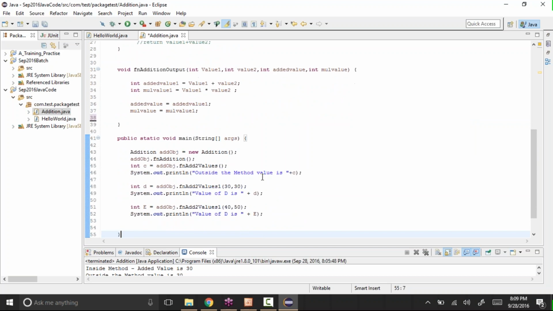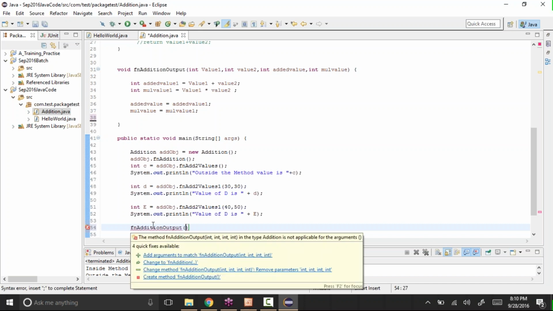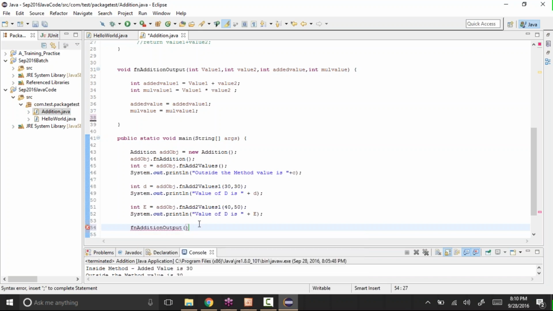First of all we need to call that function or method. It's not returning anything, so I can say fn addition output of C. It shows some error.